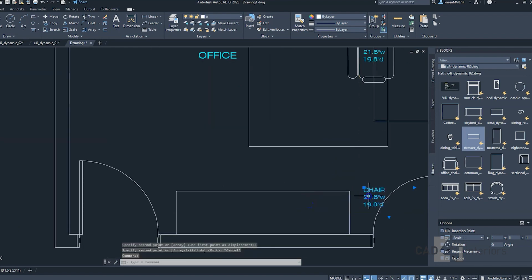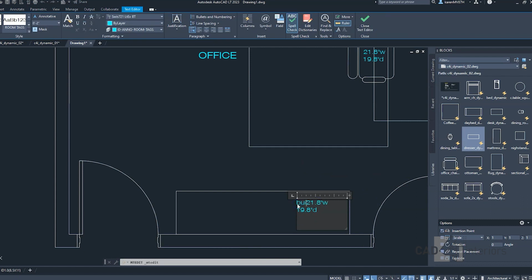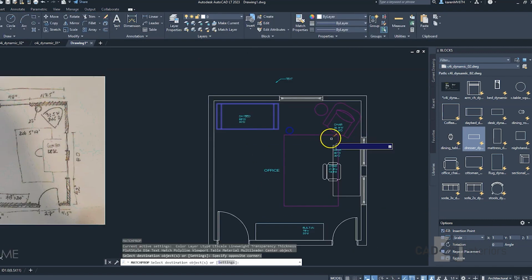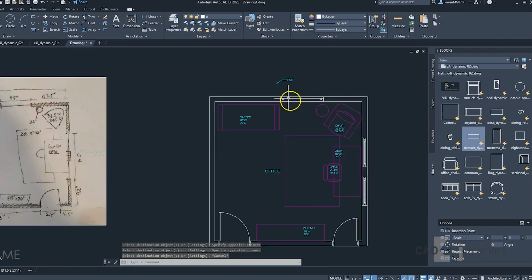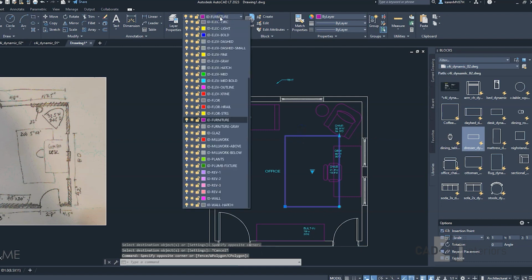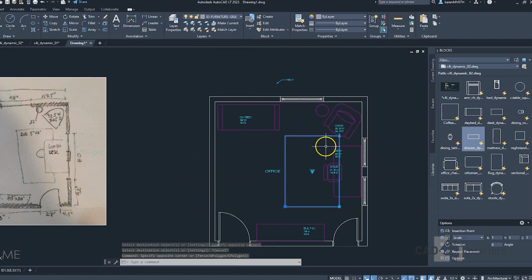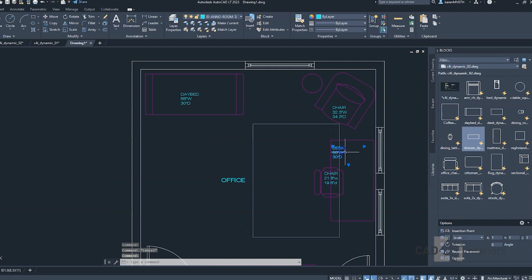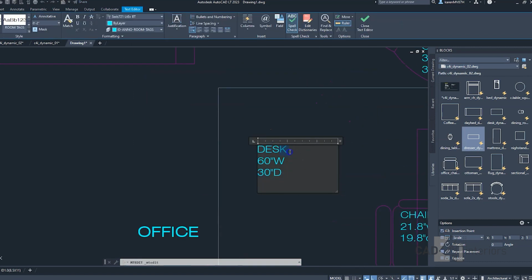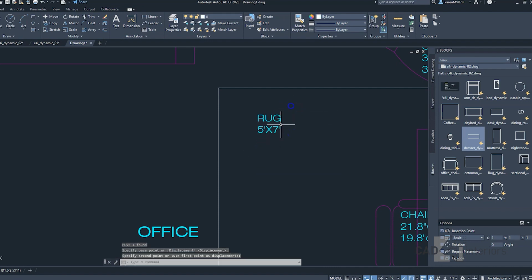And now we're just going to copy the text and add the furniture information. So it's just the built-in, 78 by 20 depth, and we are going to match all of the furniture layers. But I want this rug in a different layer. It's the ID furniture gray, so it's going to show in gray. Now I'm going to copy this text and add the rug information, which is 5 by 7 feet. I'm going to move it,